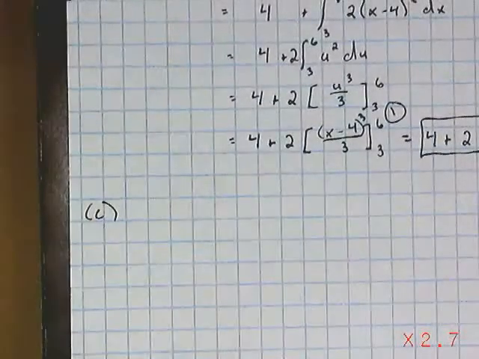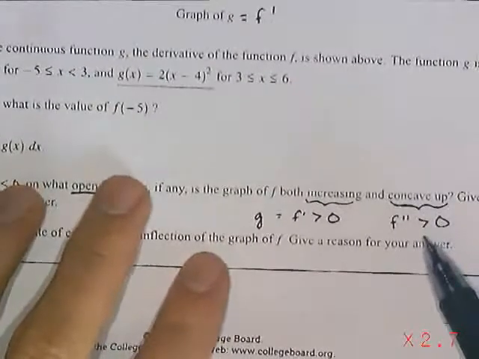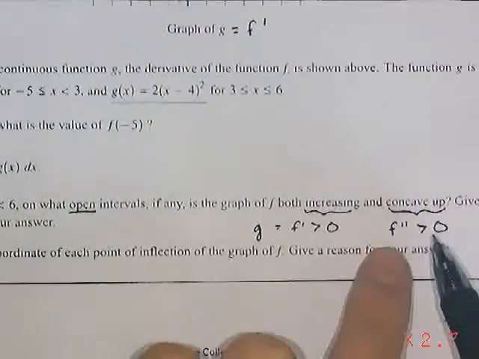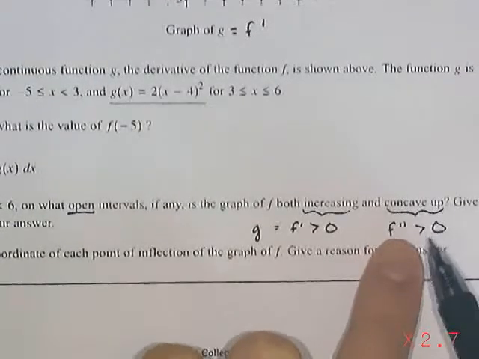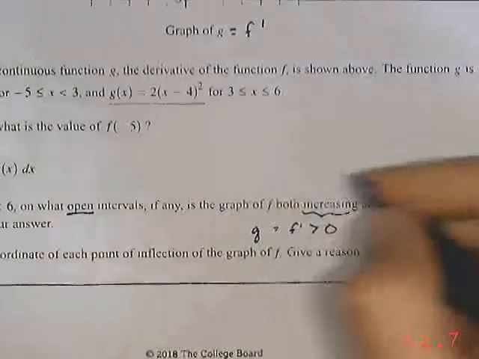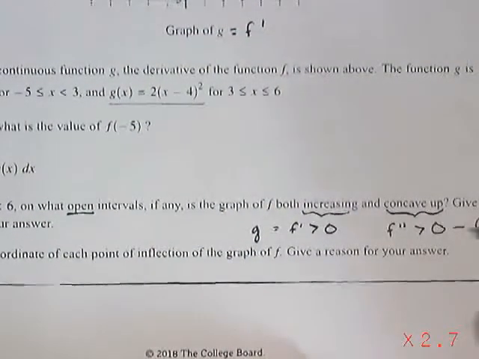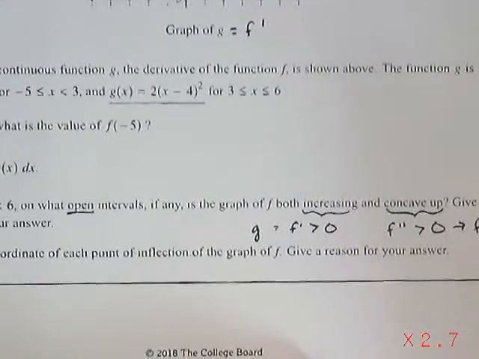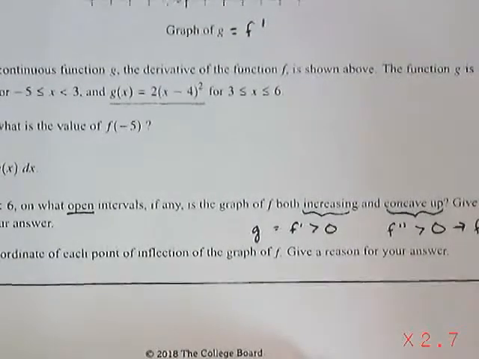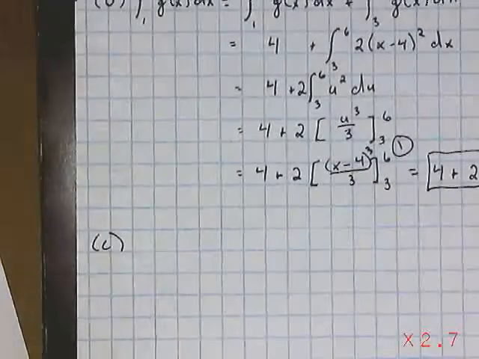is we can only use the graph of g as our justification. So I should have said this a little differently. F prime, that's what we're looking for, the second derivative greater than 0, but what that means in regards to f prime is that f prime is increasing. That's the justification we're allowed to use. Okay, that is the justification we're allowed to use. And so the way we're going to say that is